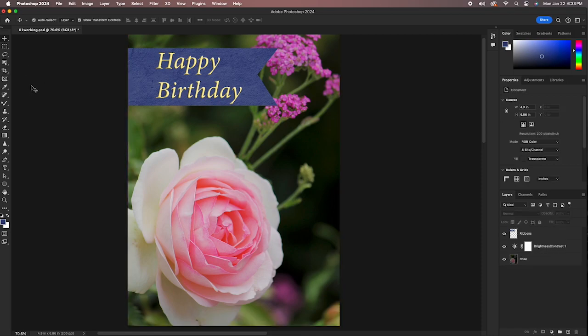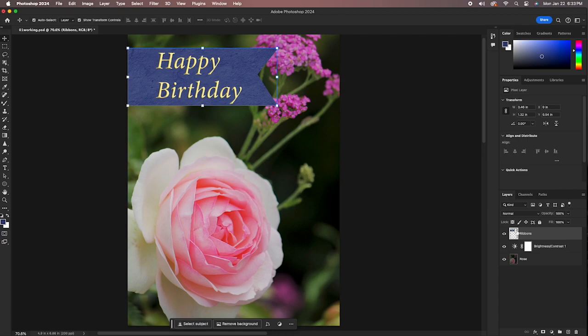Okay, so the next thing the book is asking us to do is to create a rectangle. So we're going to make sure that we're selected here on the ribbons panel. And we are going to come up here, we're going to choose the rectangle tool, which is this one right here. Now, what it wants us to do is make a box that is 2.5 inches wide and 0.75 inches high. So I'm just going to start here in the middle because once we make it, we can actually move it. So we're going to go 0.25